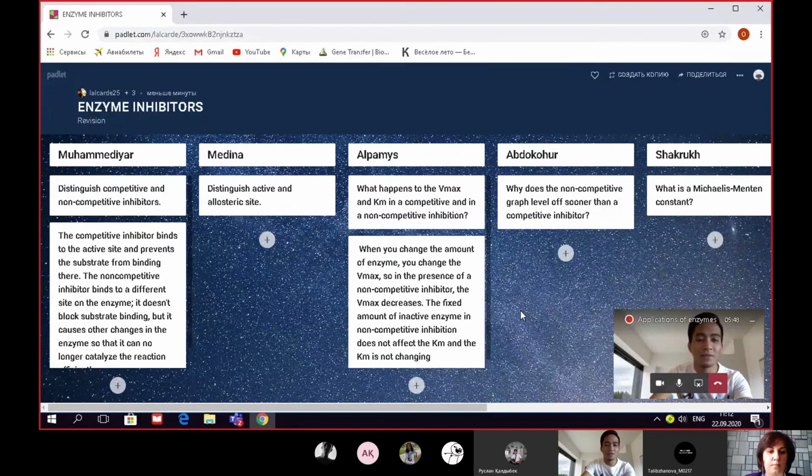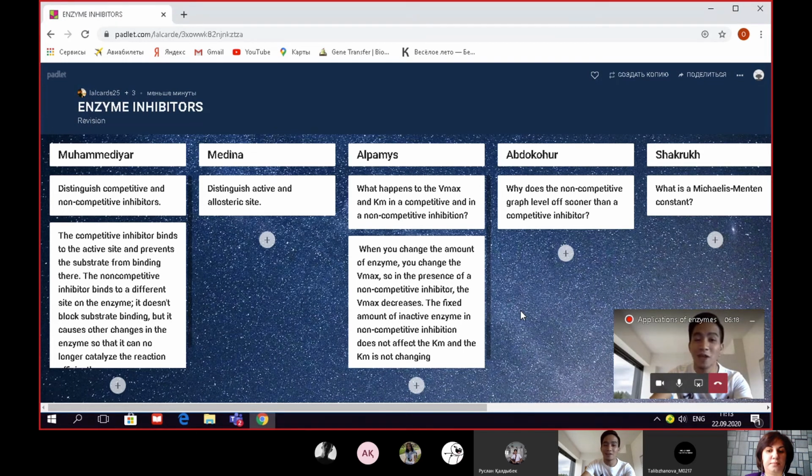Okay, the competitive inhibitor binds to the active site and prevents the substrate from binding there. That's correct. The non-competitive inhibitor binds to a different site on the enzyme. What do you call that other site other than the active site? There is a term for that, Mohamed Yar. It also starts with A. It's not an active site. Any other site than the active site is known as,